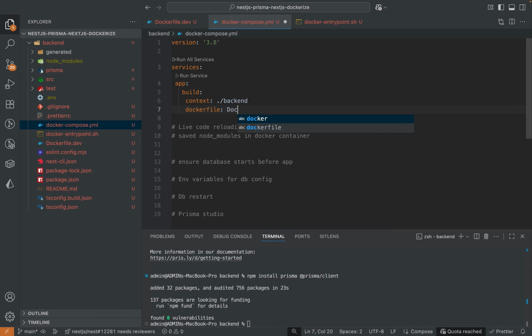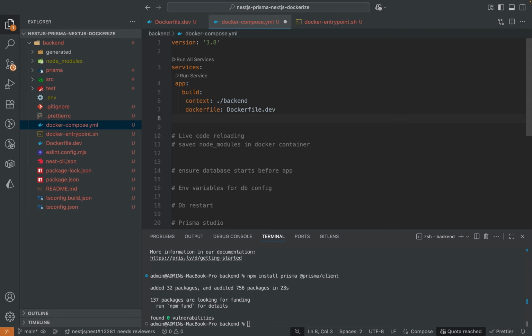I'm using the custom file name Dockerfile.dev. This should be the backend project. Instead of app, I'll use the backend project, so I can find the directory from here, /backend. This is our Dockerfile,